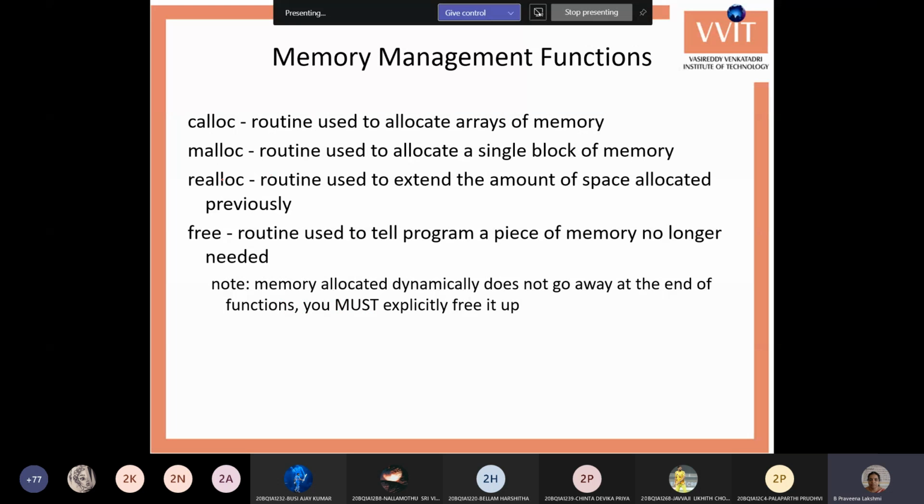For this we have 4 functions: calloc, malloc, realloc, and free. Calloc is used to allocate the memory space for a block of values. This function is used to allocate memory space for an array, that is, at a time we can take individual bytes and combine all those bytes and allocate them as memory. It considers the locations as individual bytes.